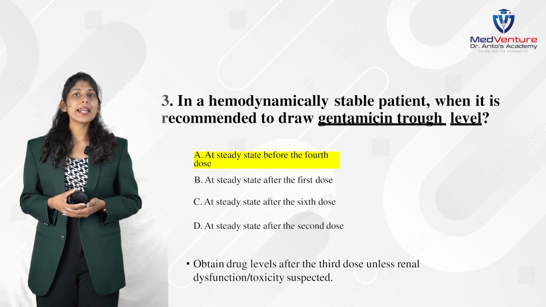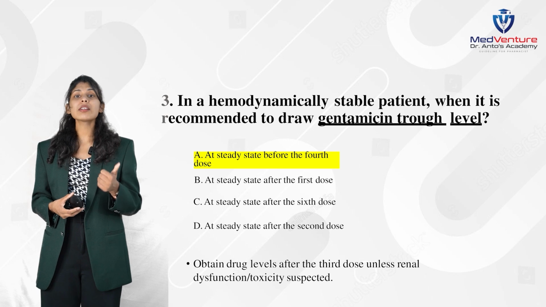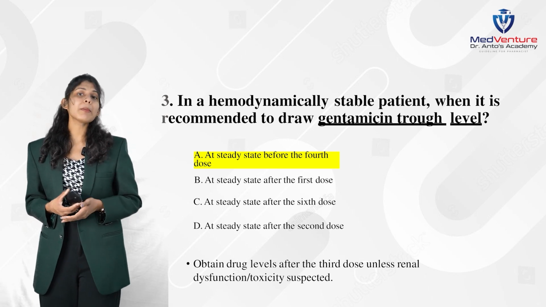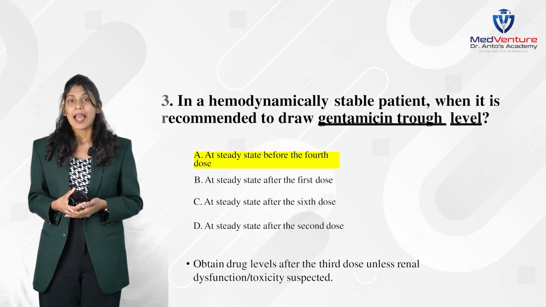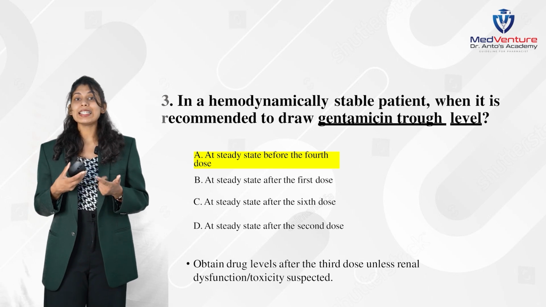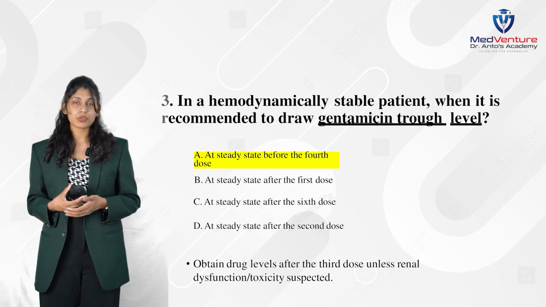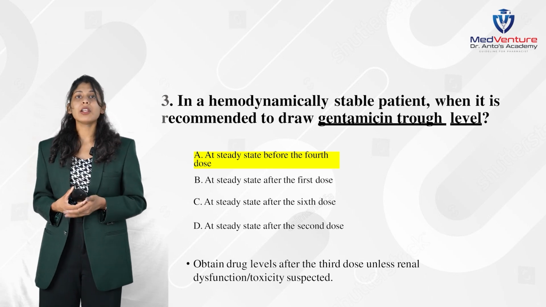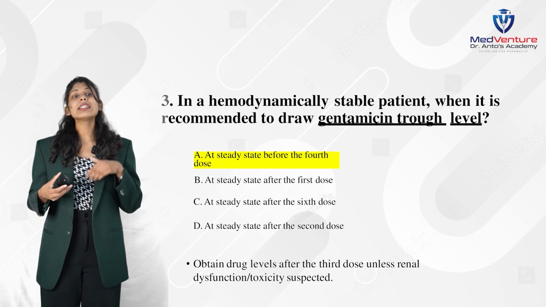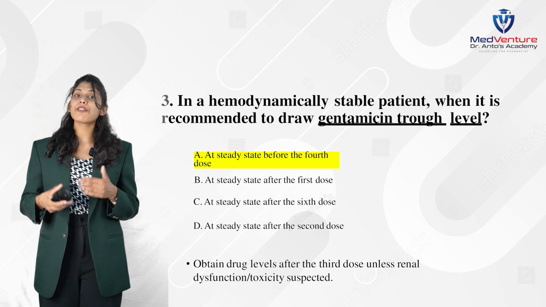Moving on, in a hemodynamically stable patient, when is it recommended to draw the gentamicin trough level? So we first looked into the lithium trough level. Now we are seeing the gentamicin trough level. Gentamicin, as you all know, is an aminoglycoside and it needs monitoring, because aminoglycoside overdose can cause ototoxicity and nephrotoxicity, and ototoxicity is one of the irreversible side effects of gentamicin or aminoglycoside overdose. So the trough level of gentamicin should be taken at steady state before the 4th dose. Unless there is renal dysfunction or toxicity suspected, obtain the drug level after the 3rd dose or before